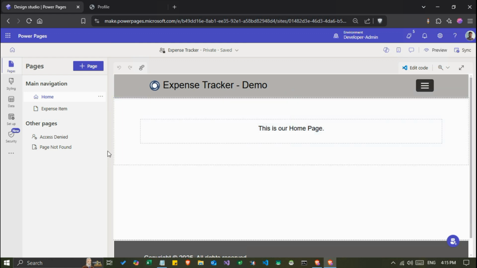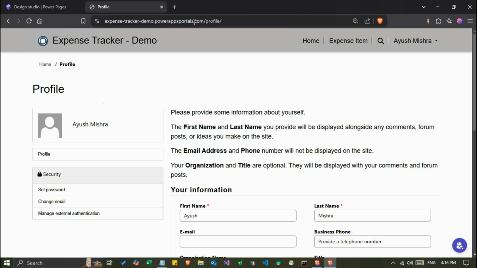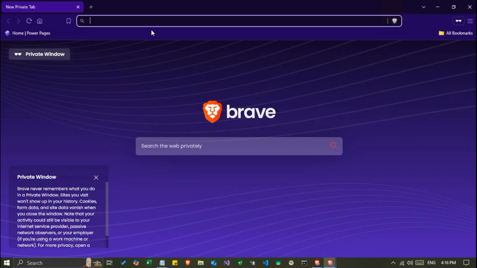Last time we also discussed that when we create a portal, in the beginning the portal remains in private mode. Currently, as you can see here, it's written Expense Tracker, private, saved. So basically our website is in private mode. What it means is that if anyone has the URL of our website, they cannot just open it. If I copy this URL and go to a private tab and log in,